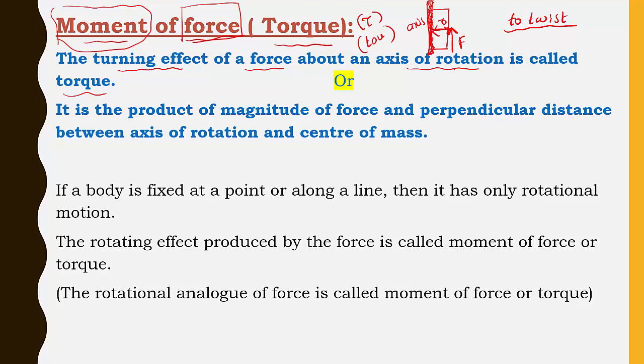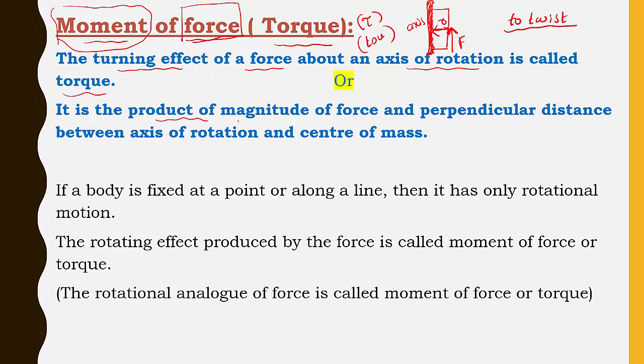when you want rotational motion, when you want a turning effect, that system or rigid body has to be fixed to a certain axis. That object should be fixed to a certain axis of rotation. When we apply force, then you can experience a turning effect. That turning effect of a force is called torque, and torque is also called a moment of force. So what is a torque? Torque is the turning effect of a force about an axis of rotation. Or it can also be defined mathematically. How to define a torque?